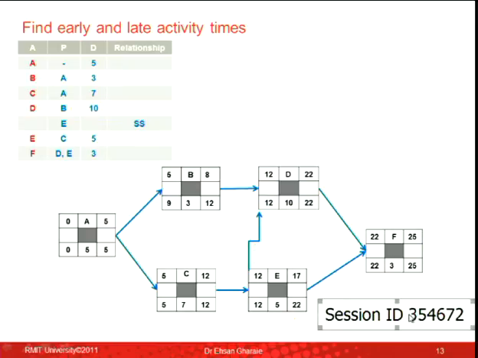And then activity C, 12 goes there, 12 minus 5, minus 7, 5. Activity B, 12 minus 3, 9. Activity A, between 9 and 5, I choose 5. 5 minus 5, 0. That would be my network. Take note, just fix your mistakes now, because you may use your worksheet later on. So fix your mistakes, make sure you get it right.